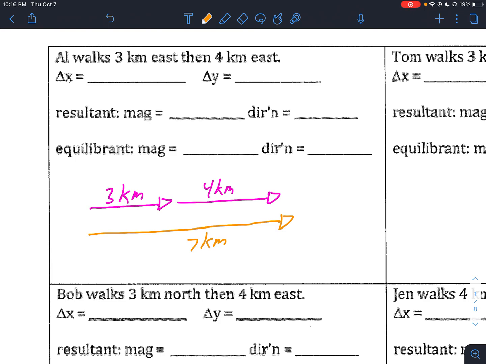So then skipping back up towards the top where it says delta x and delta y, this is if we were not going to draw a picture, maybe you were utilizing equations, and equations don't understand, or your calculator wouldn't understand necessarily forward, backward, north, south, east, west, so we have to tell it with positive and negative. So since everything is to the right, and we're going to use the idea that positive is up and to the right, and negative is down and to the left,